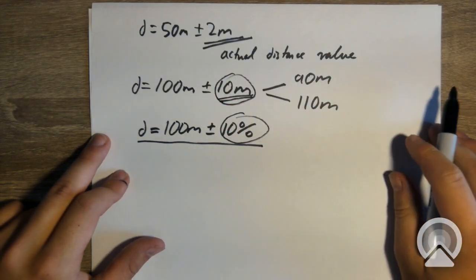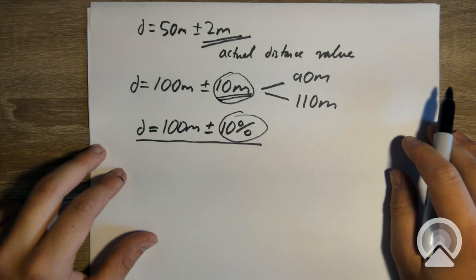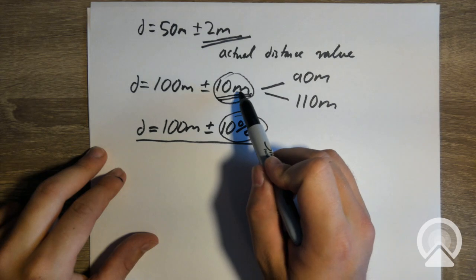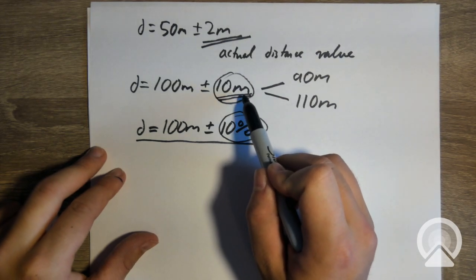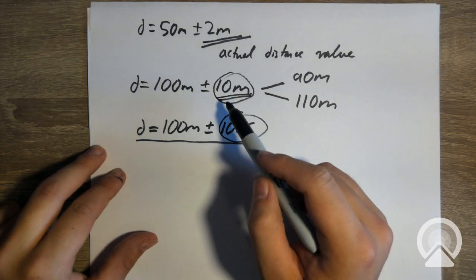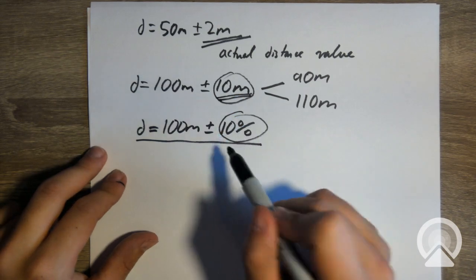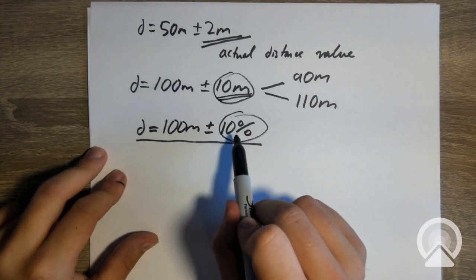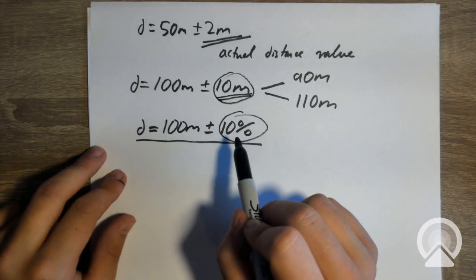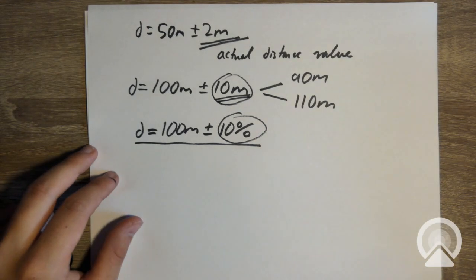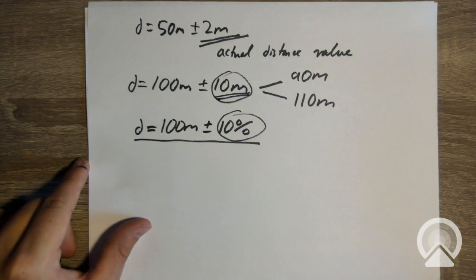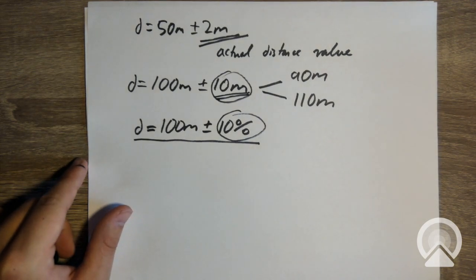Both of these are perfectly valid. In my opinion, I like to represent it in the exact value, the actual value, because it just makes more sense to me in my head. But there are cases where you want to express it in terms of percentage, and in the next video, we'll look at those cases. So that's just an intro to uncertainty. Really important to know. And yeah, that's that.